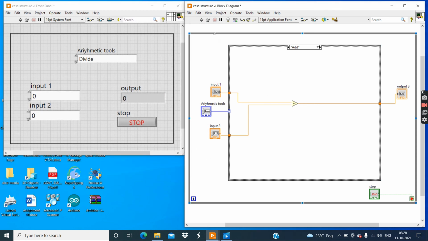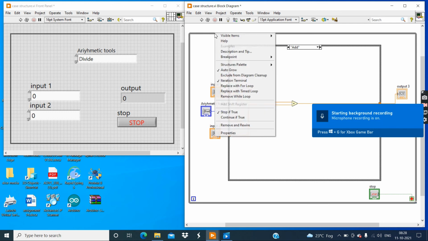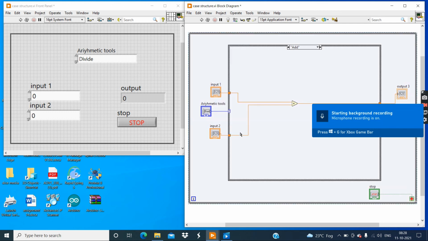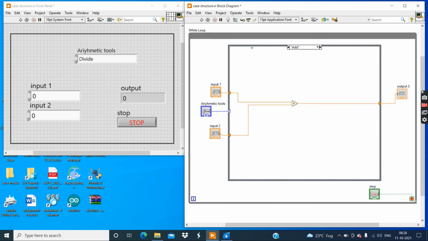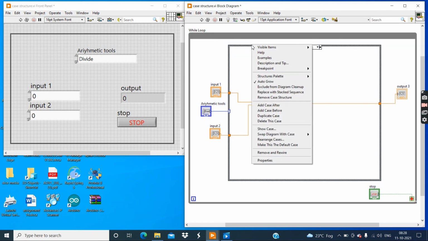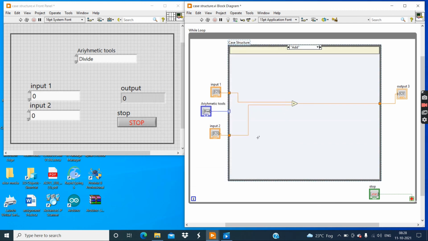Now come to this block diagram window, right click on this while loop, go to the properties option, and click on this subdiagram label visible. Similarly, right click on this case structure, go to the properties, then click on this subdiagram label visible and click on this OK button.